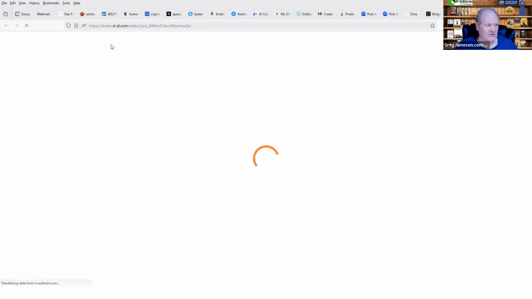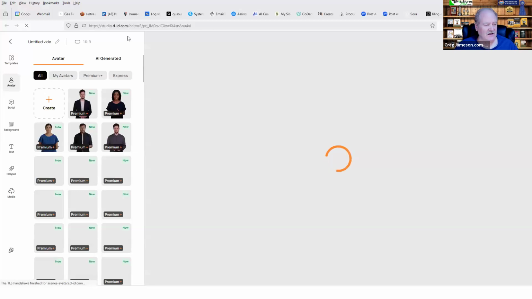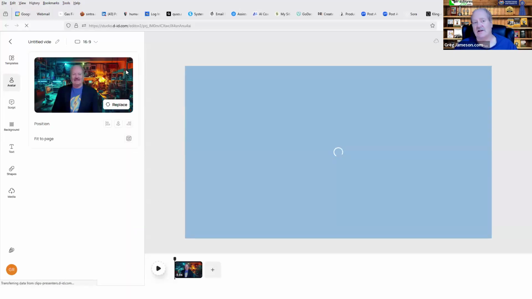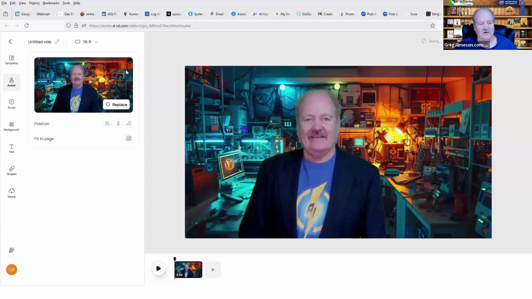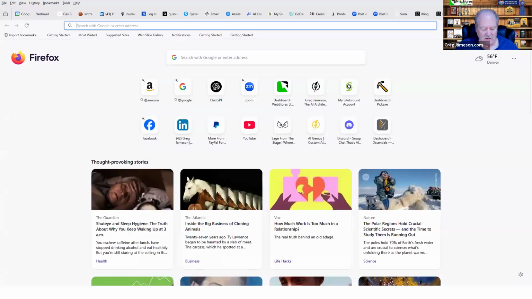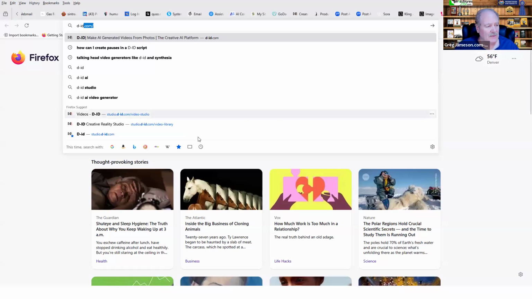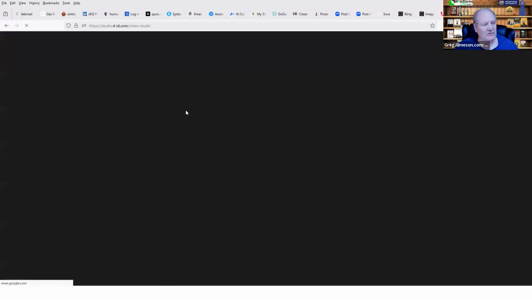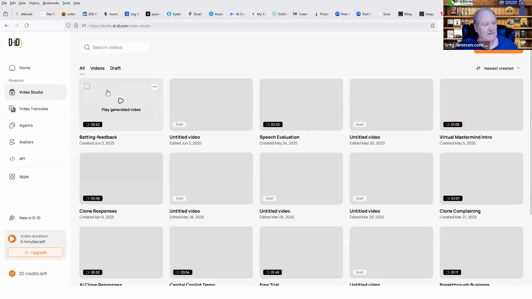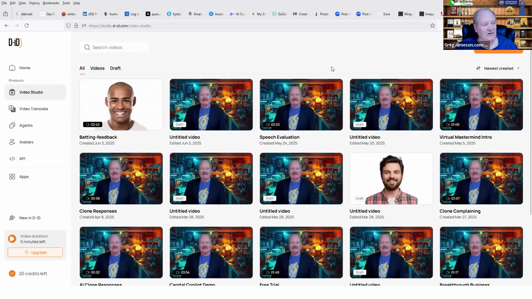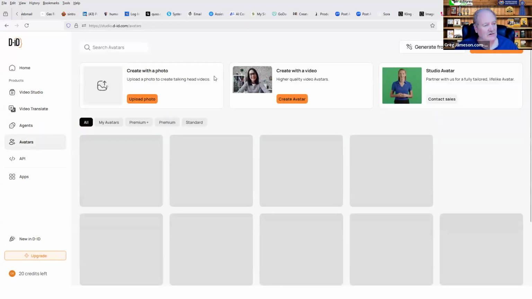So what you're going to do is go to studio.d-id.com and create an account. And once you have an account, you can either pay so that you can create your own digital clone, or you can just go to their agents, or their avatars rather.